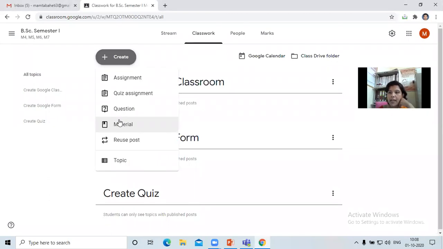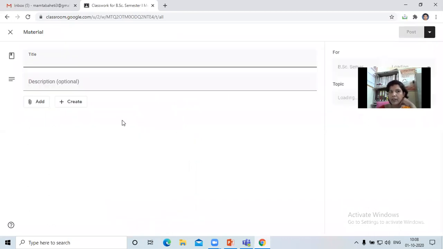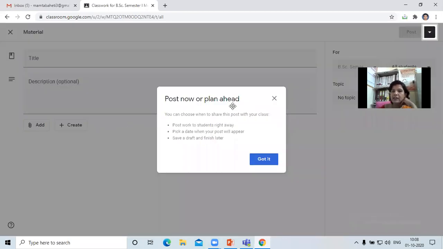Before assigning, before taking any test, we have to share the study material to the participants or students. So I'll click on material. Now a screen, before working online, my homework should be ready either on paper or on the computer in a soft form.